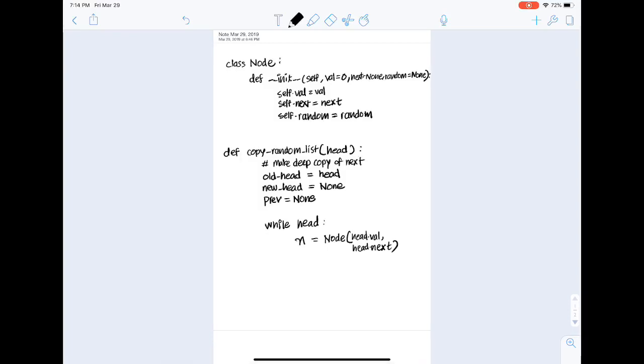And then I can say if prev, so was there a previous node? Then prev.next equals n, so this new node that I've made. In the first pass, this is not going to happen. And then I can say